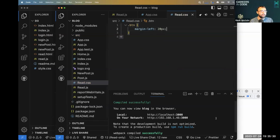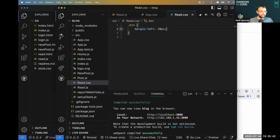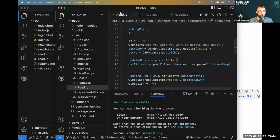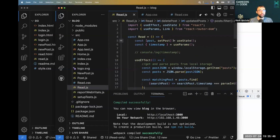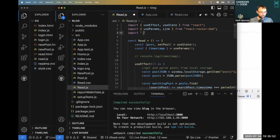I save, I come over, and my delete post hasn't moved at all. Well, just like our HTML, we have to use that CSS. We got to link that CSS in. So if I come back to my read.js, we do it a little differently. Instead of that link href, we are able to import our